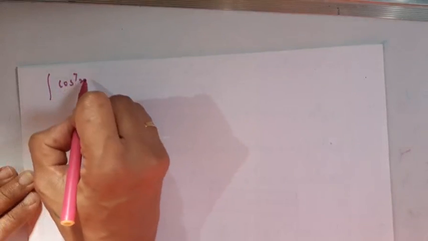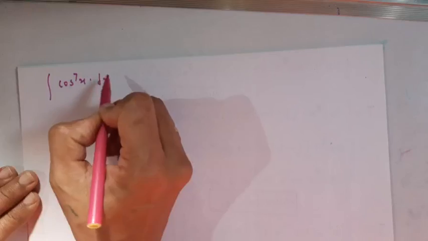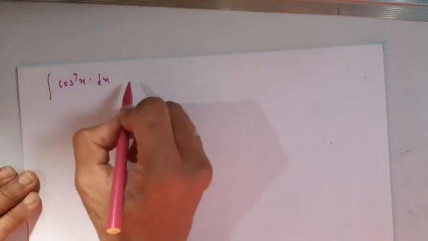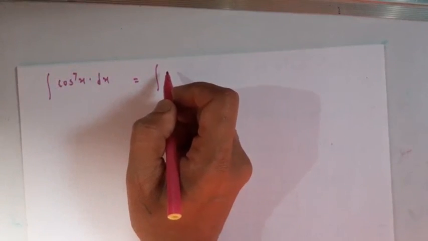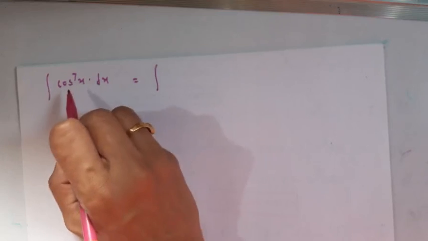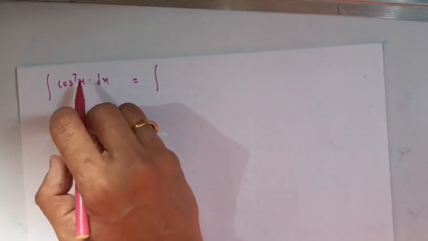Okay, now the next problem is: evaluate the integration of cos raised to 7x with respect to x. Okay students, so here cos raised to 7x, this is an odd power of cos x, and that's why